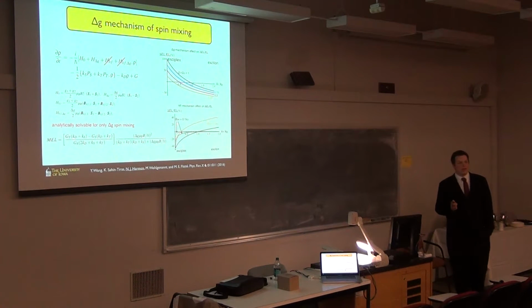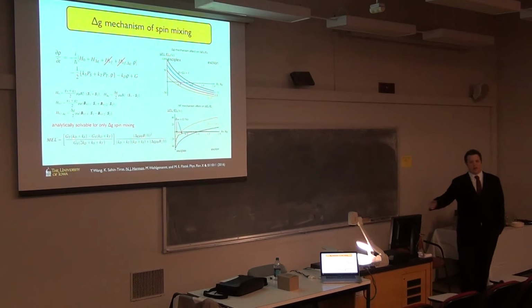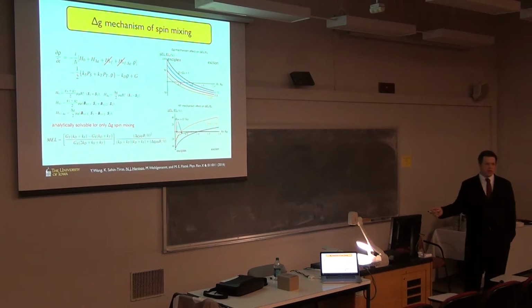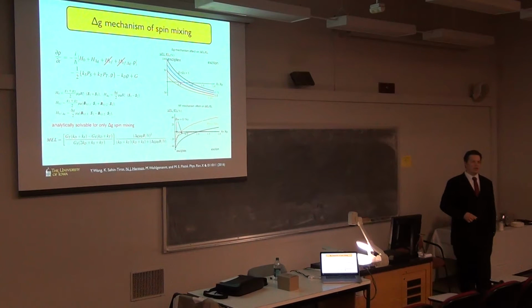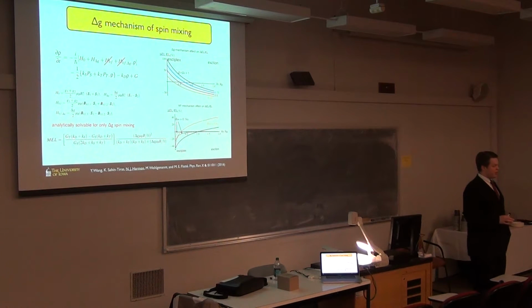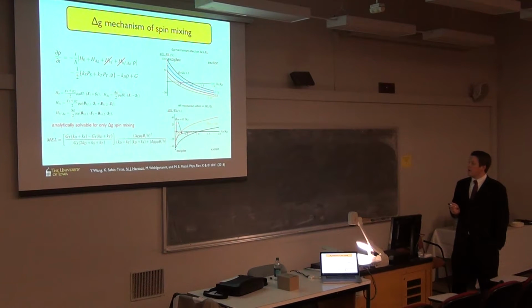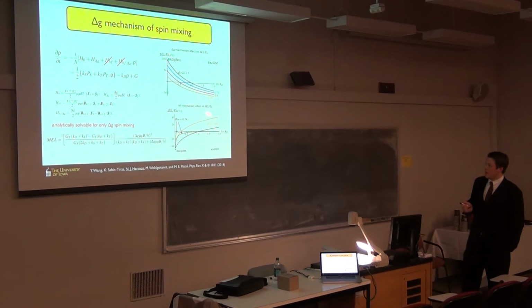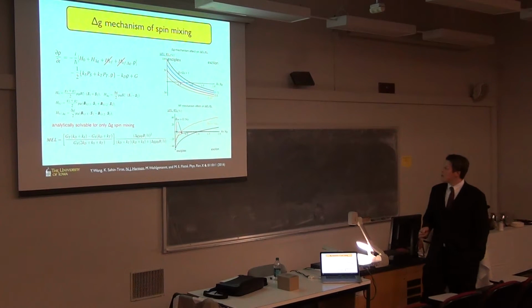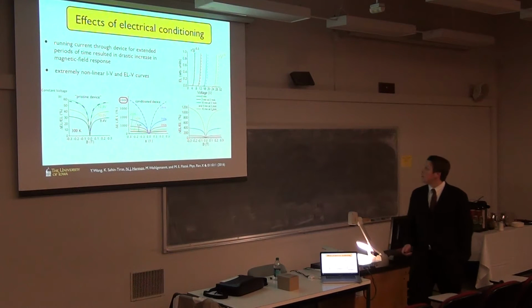Well, what's happened is that we've changed all of the T0 triplets into singlets. So we've doubled our luminescence. However, the other two types of triplets that aren't mixed with the delta G mechanism are still there. So there might be other ways to get around those and get those two to be converted. And this is just a comparison to the hyperfine mechanism. So you can see the very drastically different behaviors. So that is why we think it's the delta G.